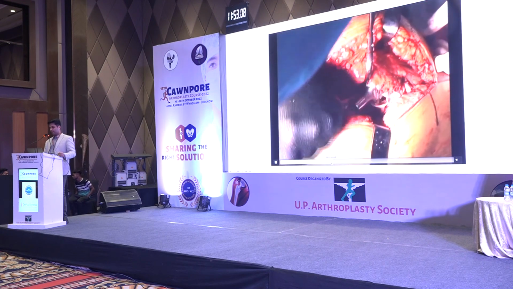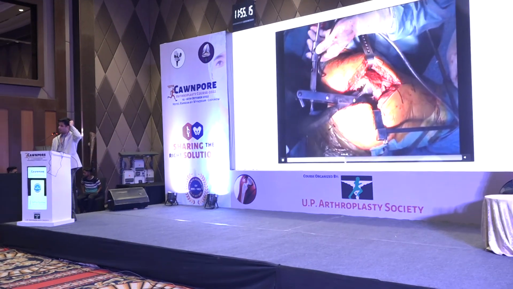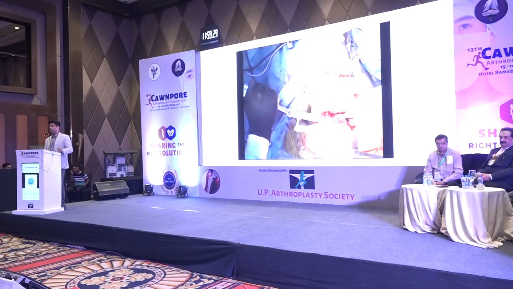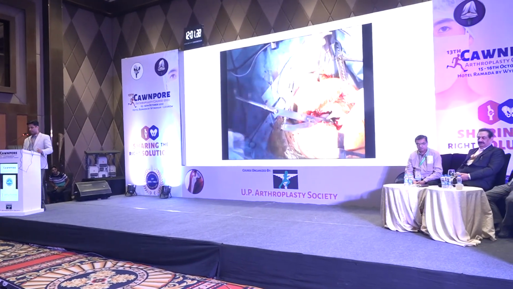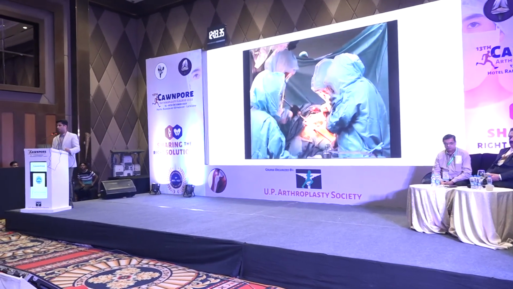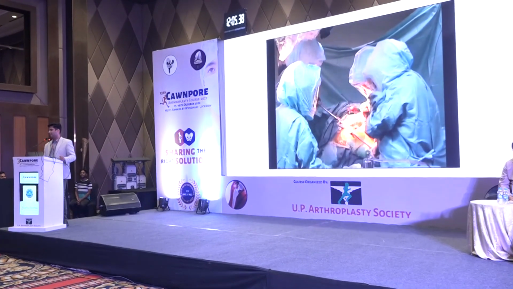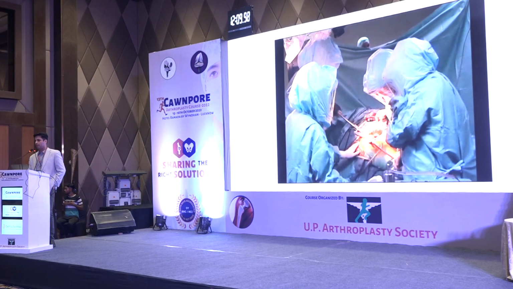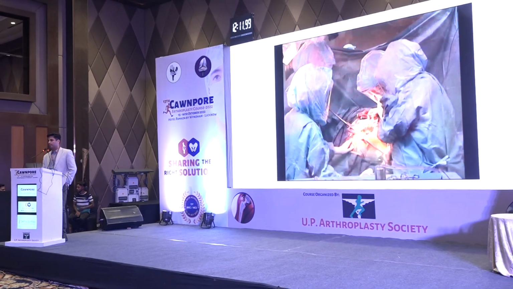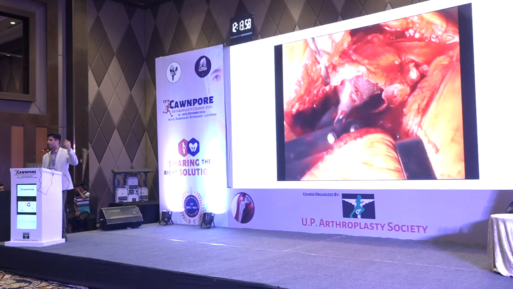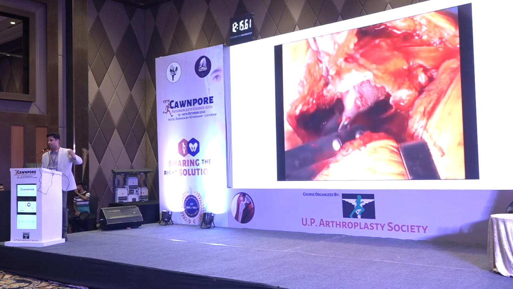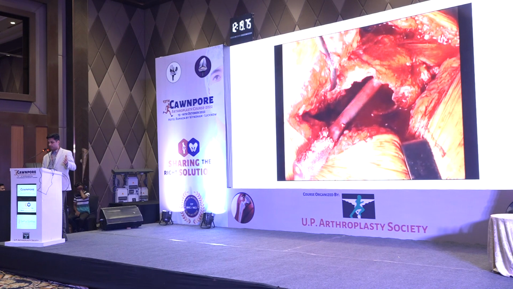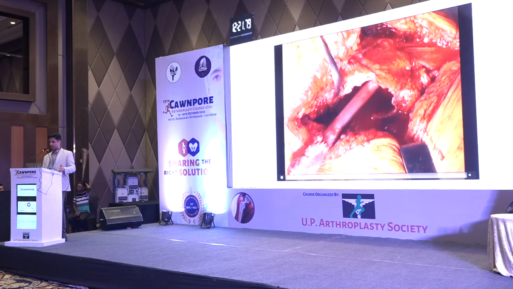And after you've created space, you can check whether it's amenable to an extracting device like that, which you can just punch in and punch out repeatedly. And with a good bit of practice and a fair amount of luck, you may actually manage to pull the whole thing out in one piece. Sometimes we have seen that the proximal fragment comes out separately along with it. So be prepared for surprises here in revision scenarios. So if it's proximally coated alone, this is something you can do.